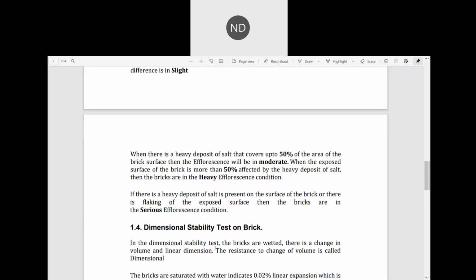Suppose you are constructing an outer wall, your house or a boundary wall. During rains, evaporation will also take place. Once it rains, your bricks are going to absorb that water, then it dries when the rain goes and the sun shines on your bricks. As it heats up, the water absorbed by your brick will get evaporated,